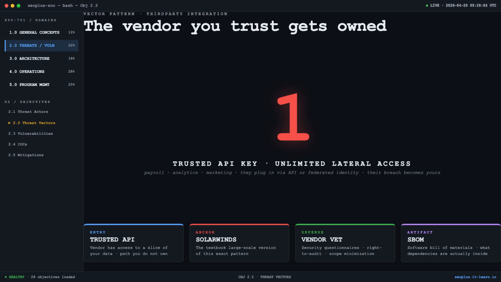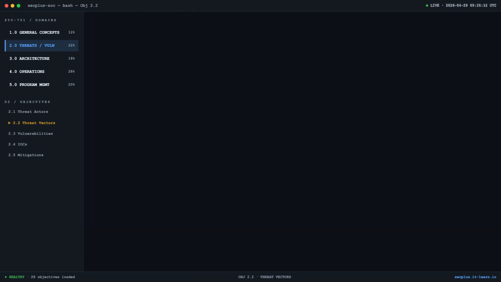Another vector pattern, the watering hole. The attacker does not phish the target. The attacker compromises a website the target is known to visit. Industry forum, vendor support page, professional association site. Visitors to the site get hit by a drive-by exploit. The genius of the watering hole is the target comes to the trap. There is no email to suspect,